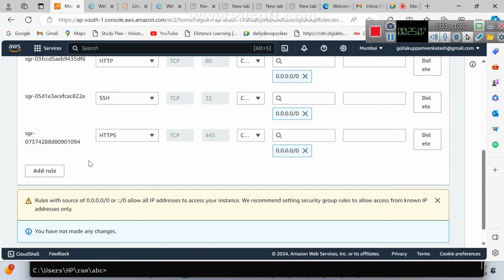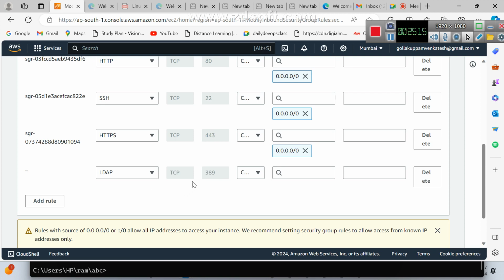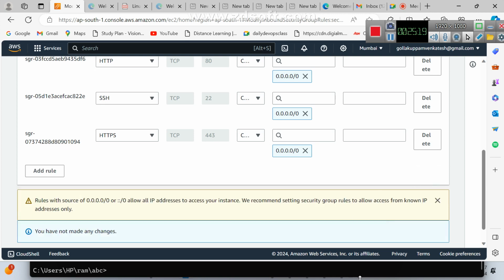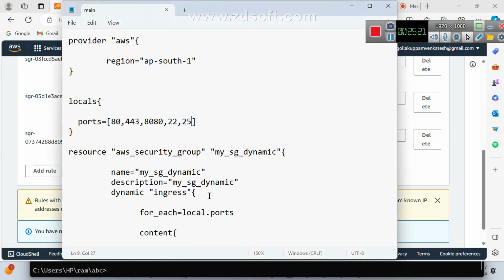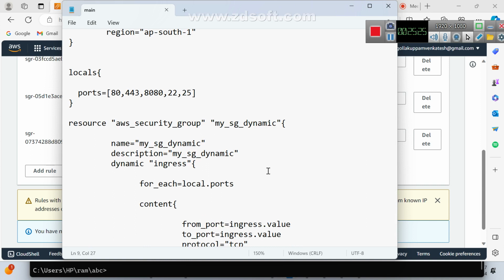I'm expecting LDAP. Add rule. LDAP, Lightweight Directory Access Protocol, 389. Now I'm trying to add 389 here, right? This is our requirement.